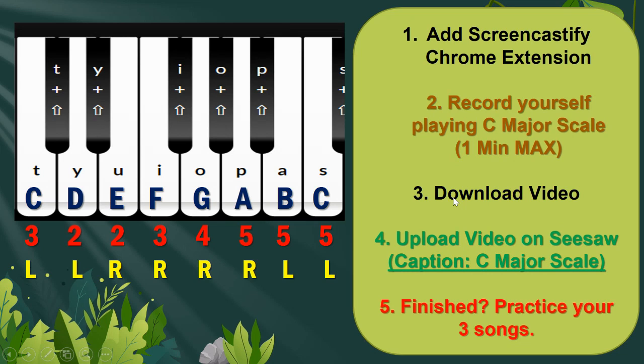Then you will download your video. Step number 4, you're going to upload your video on Seesaw. Make sure you add a caption, C major scale. And finally, once you're finished, you're going to practice your 3 songs, Pitter Patter, Au clair de la lune, and 1 song that you've chosen for yourself